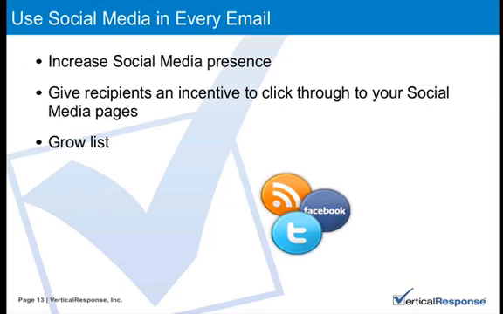So include on your blog, on your Facebook page, an opt-in form. Again, we have an opt-in form in our system, but include that type of information in your email as well. You can include a link where people can sign up to be on your mailing list. So if your email is being shared on social media, they can still click on a link within the email to sign up to be on your list.